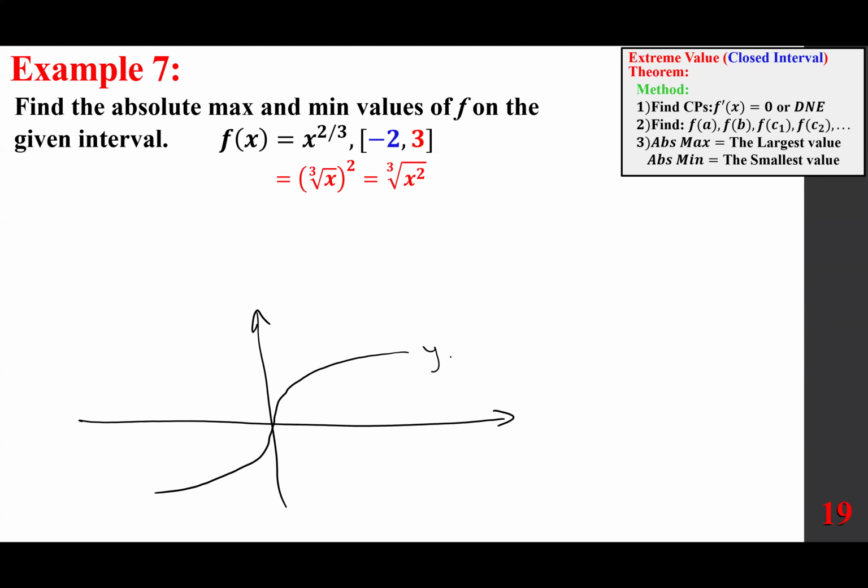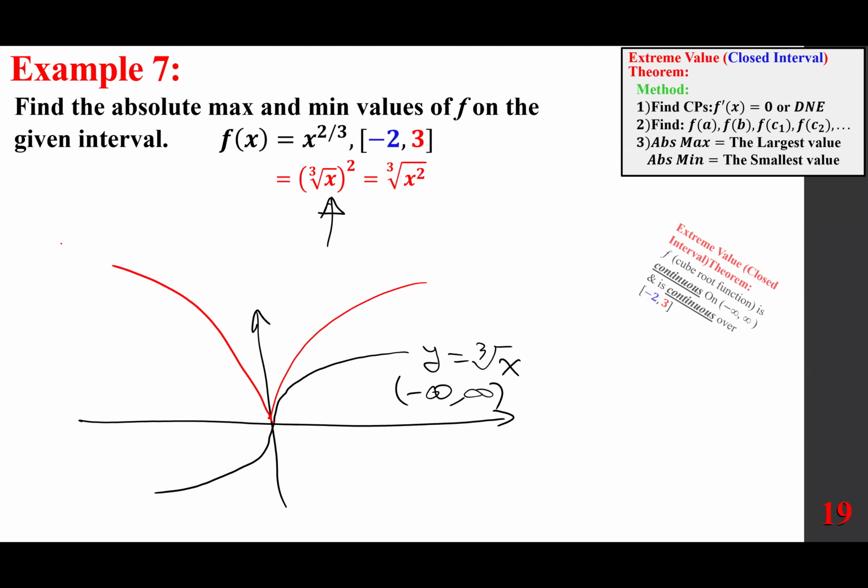a basic cube root looks like this, and domain is all real numbers. What happens when we raise it to the power of 2? Well, the positive portion becomes larger. The negative portion flips over and becomes larger in that sense. So what is the effect? There is no effect on the domain. The domain remains as all real numbers. Therefore, we're going to write